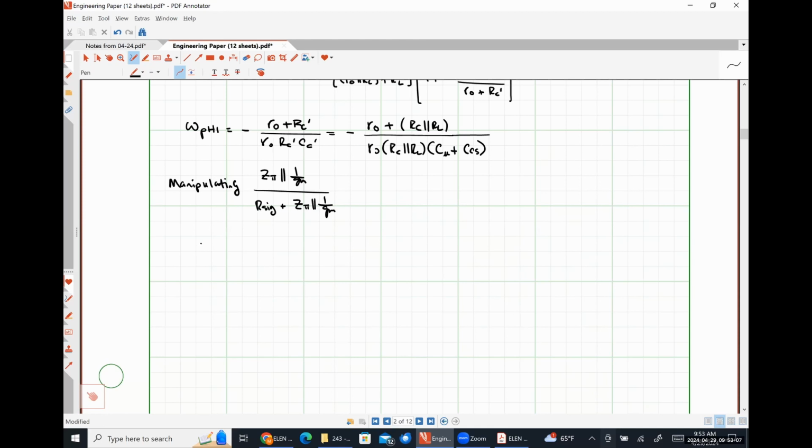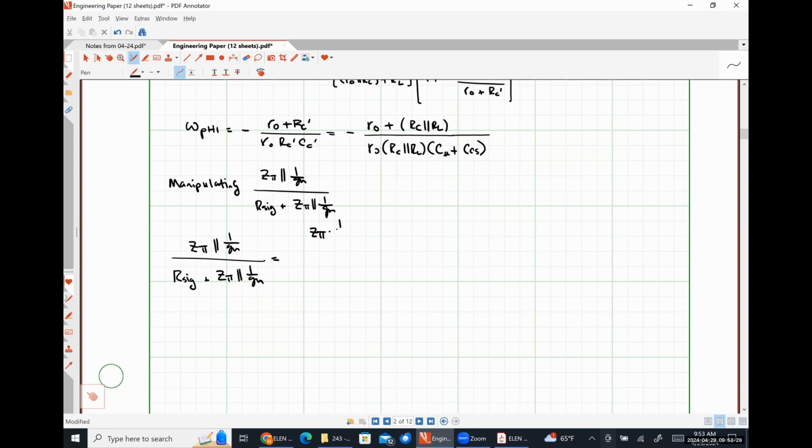So starting with our kind of base quantity described above, this is going to look like